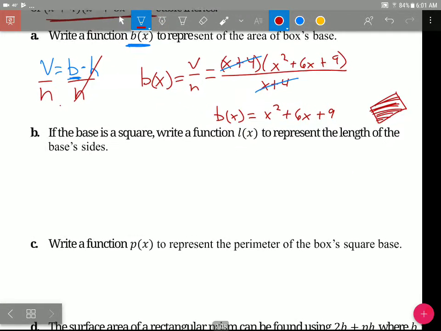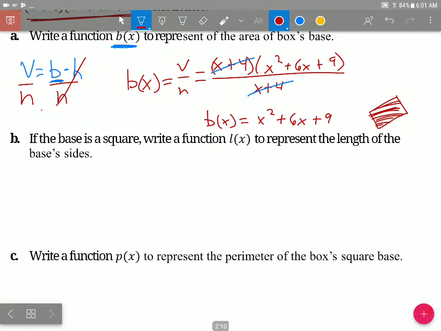All right, next question. If the base is a square, the nice thing about a square is all 4 sides are the same. Write a function L of x to represent the length of the base's side. So if it's a square, that means the area equals the length times the length, because both will be L. Well, the nice thing about this is it factors quite beautifully. So b of x,